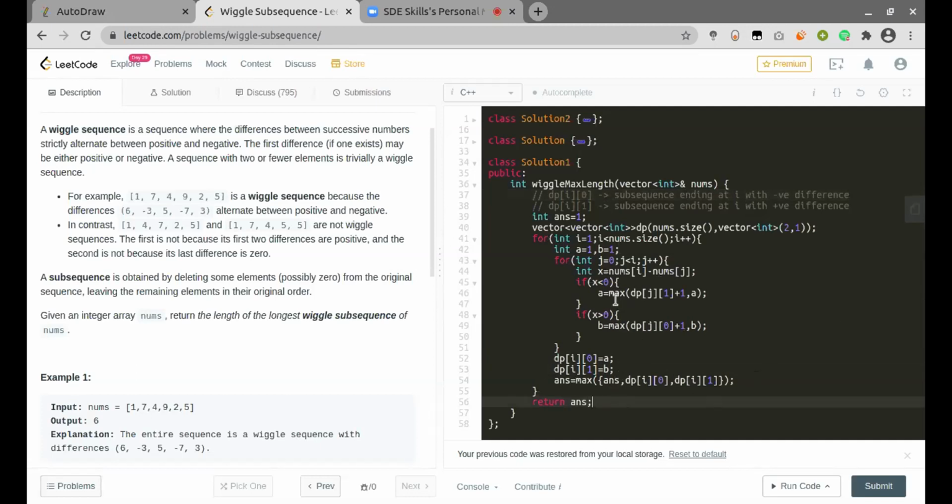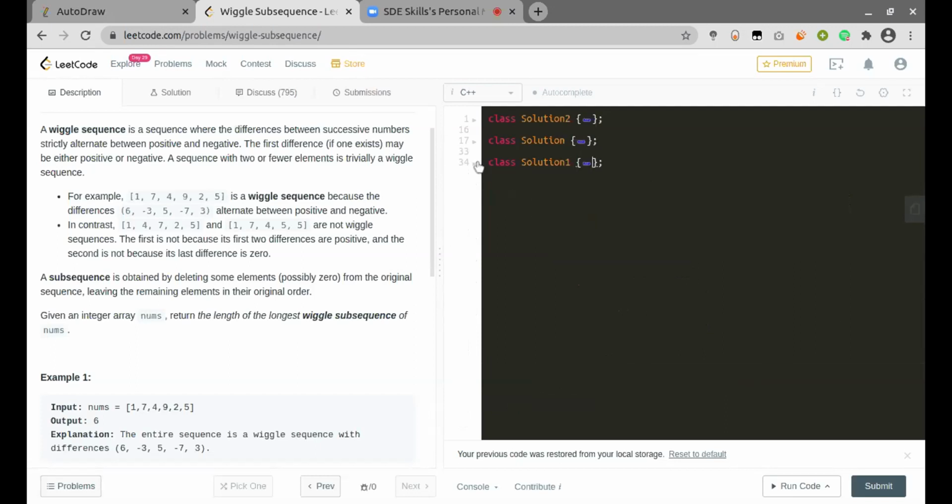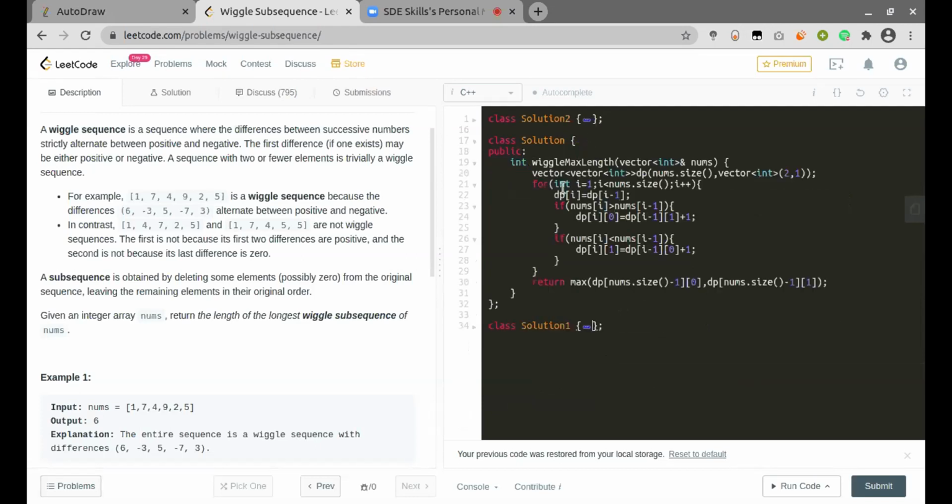But here we come to know that I just need to keep track of the previous DP state, which would keep track of the previous increasing sequence or the previous decreasing sequence. So this is the implementation of that approach, where I similarly declare an n cross 2 vector, but at each iteration I first copy the previous DP state, and then I update accordingly.